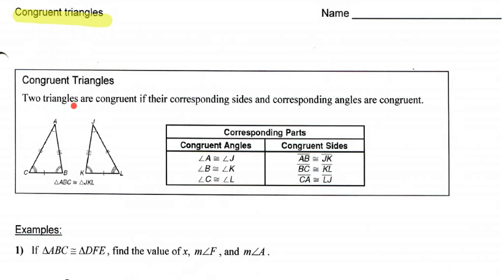Two triangles are congruent if their corresponding sides and corresponding angles are congruent. So they have to have all the parts congruent. Corresponding angles here would mean what we used to call A and A prime, B and B prime, and so on. The only difference here is that we're not going to be calling it A prime anymore. We're going to call it any other name, and you have to be able to identify which one is corresponding to which one. So if we look at the diagram here,